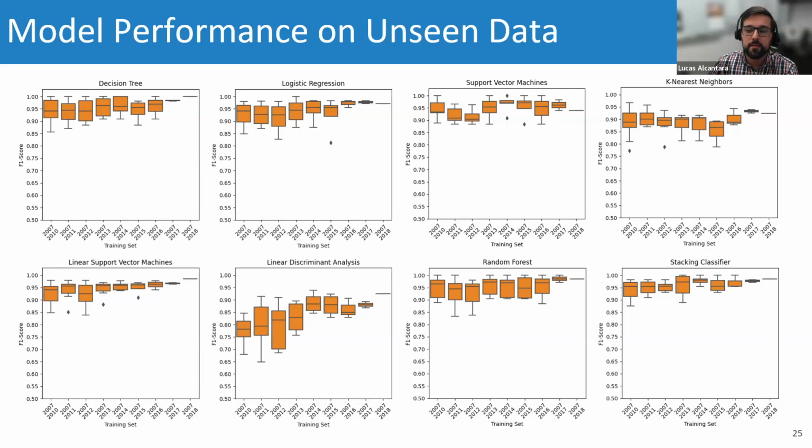And this is great news because we don't need to retrain models frequently. You can also notice that the average F1 scores are very similar for all models. And this is also good because it gives us better flexibility when considering and choosing an algorithm to do this kind of job. So, from the results of this work, we now know that artificial intelligence can